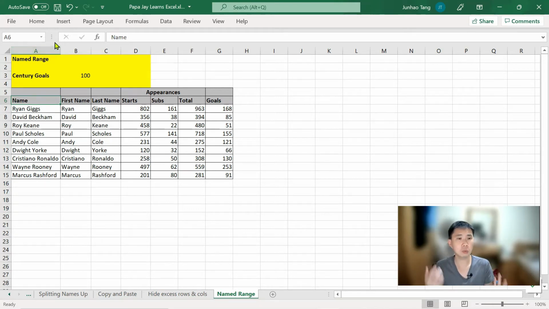So why do we use name range, and what are the pros and cons of using name range? The pro of using name range is that when you give it a name, it's easier for you to understand the formula and easier for other people to understand. So what do I mean? For example, if you want to